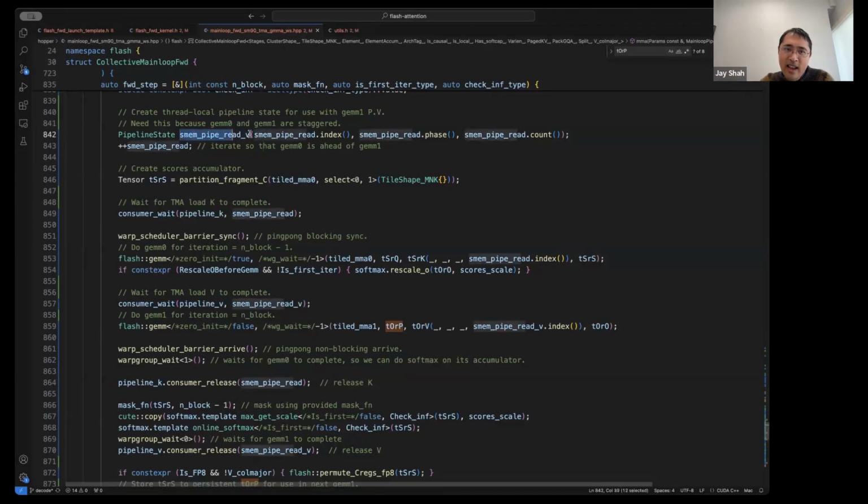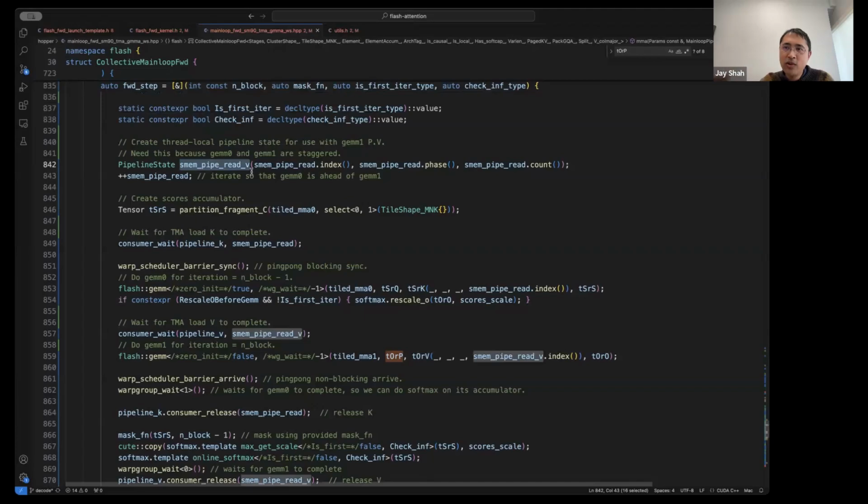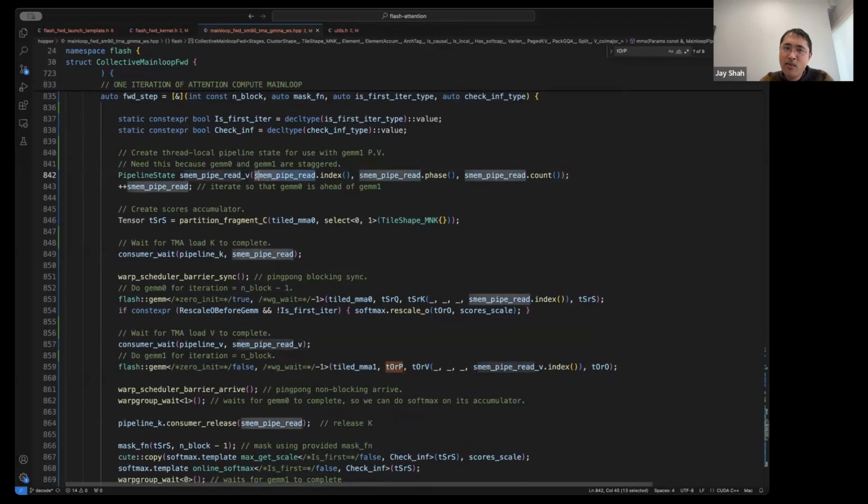And here, I take this SMM pipe read V, which is used in the P times V gem. I create it using the current index of SMM pipe read, and then I increment SMM pipe read for my staggering. So that gem 0 will be ahead of gem 1.